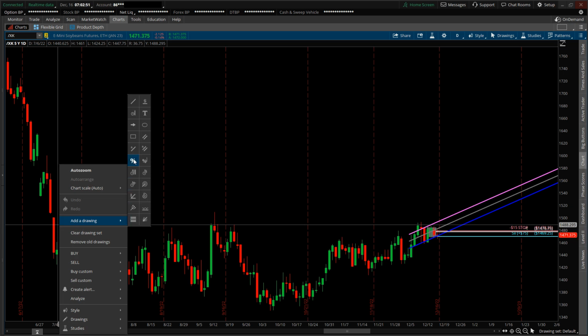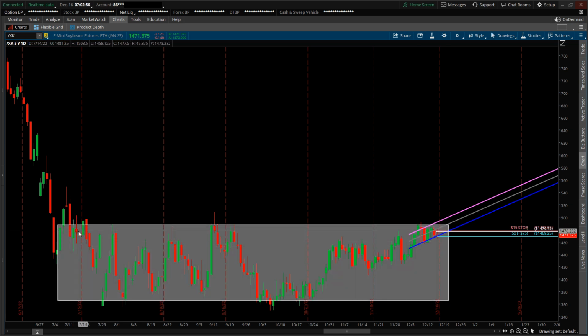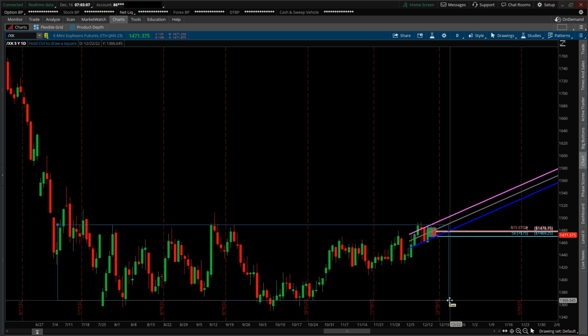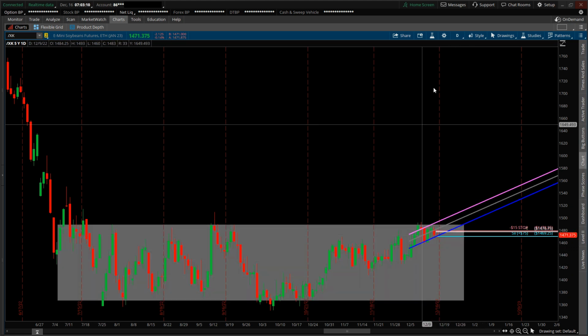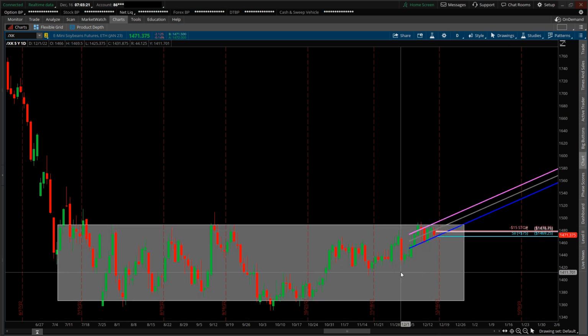So there's a bigger consolidation right now. All of this is the daily time frame. We can see that price has just been ranging inside this gray box. I'm tempted to go long based on a lower time frame, especially the 30-minute time frame. I want to go long because the trend is to go up. But at the daily time frame, we're at the upper range of this zone, so there is that probability that